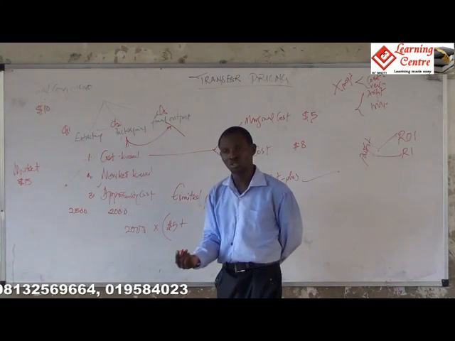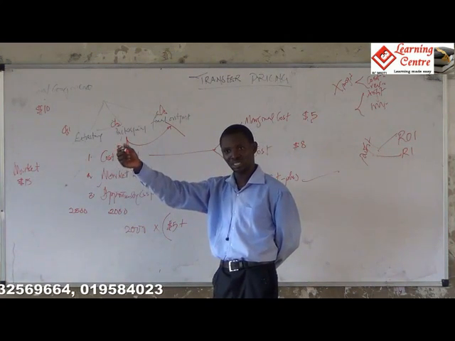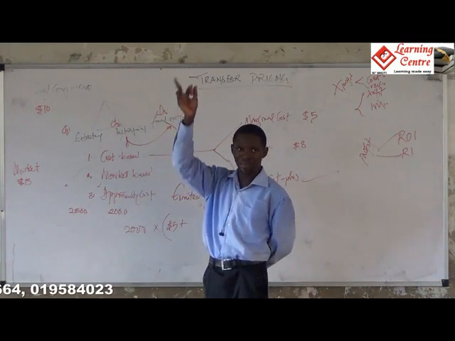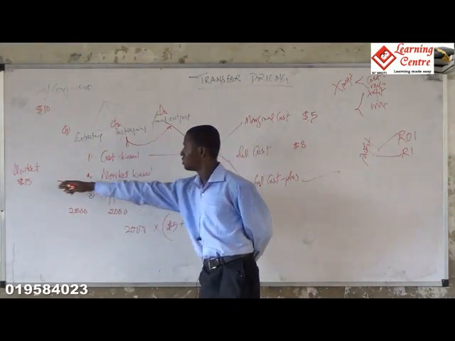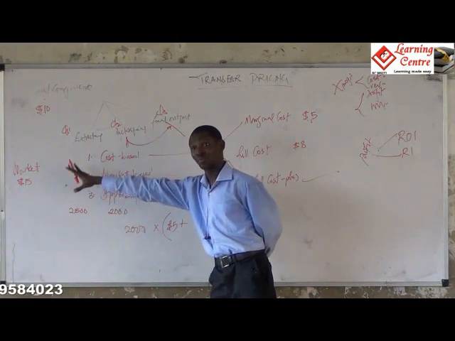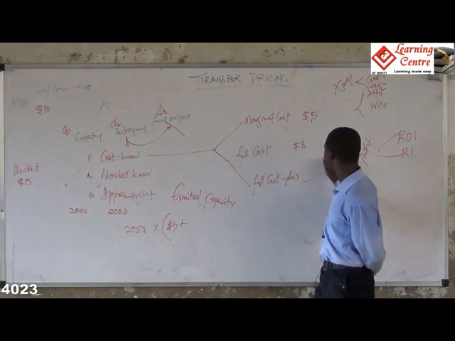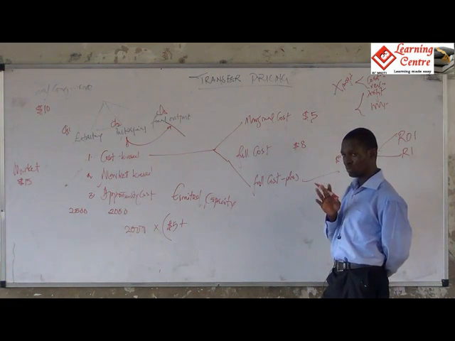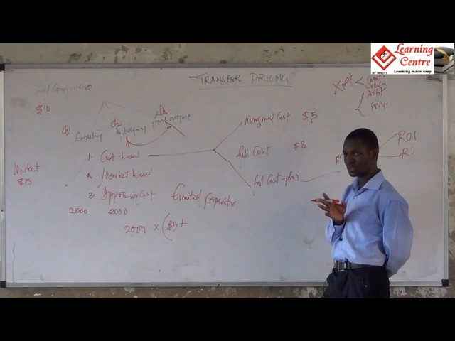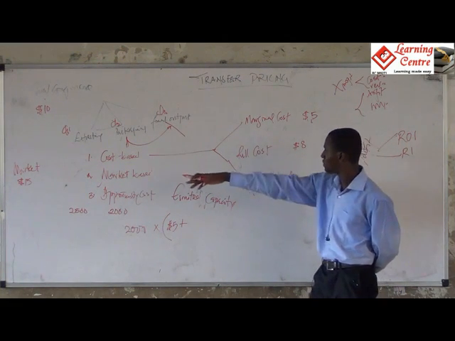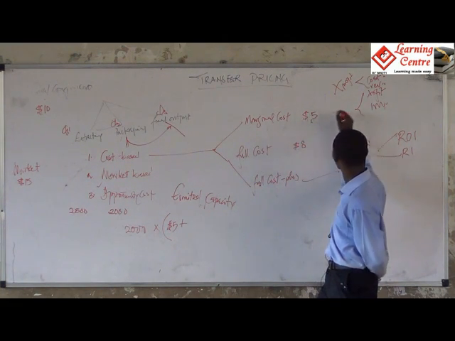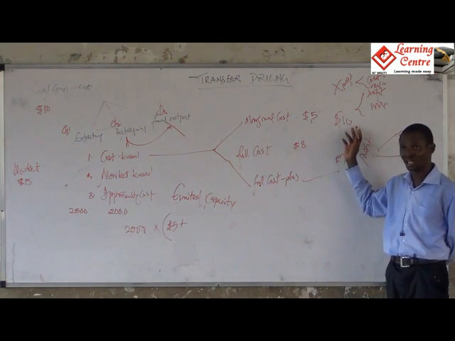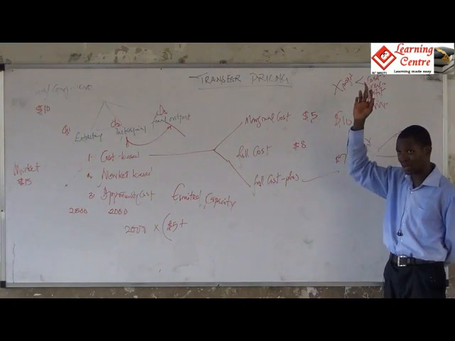plus the opportunity cost, as in the contribution forgone, as in, if he had supplied this to an external market, he would be getting 15 as a profit. No, not 15, sorry. We're getting $7 as a profit. But that is the profit. What about the total contribution? Total contribution is that 15 minus this, so it is 10. So he will be making a total contribution of $10 if he supplied to an external market.